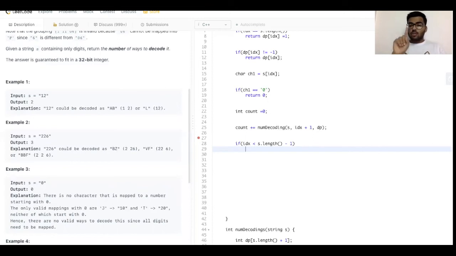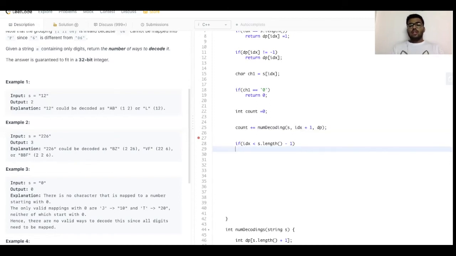If it's at the second last index, it can contain two digits with a decoded message of one letter. So 12 can be there if it is on the second last digit. For example, here 226, if it is on the second last one, at the 2, a number 26 would be there, which is Z.